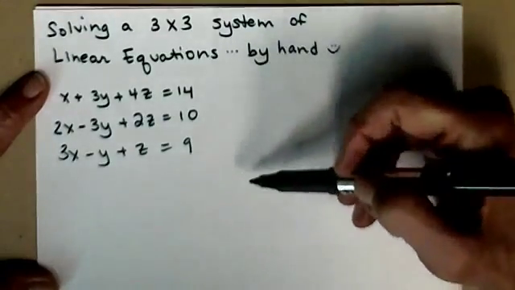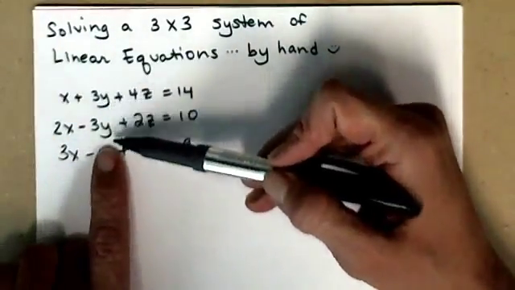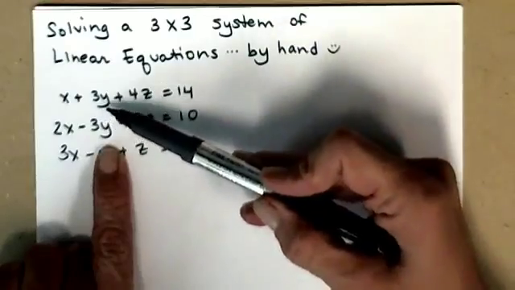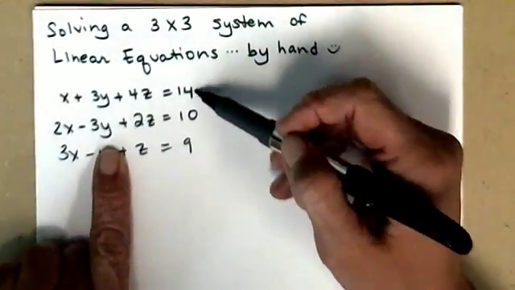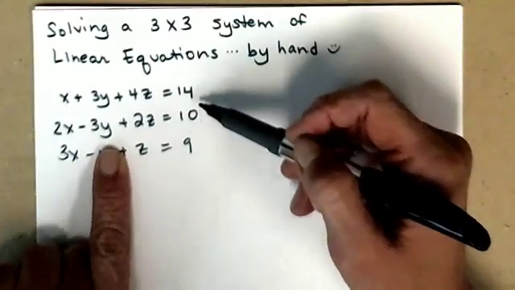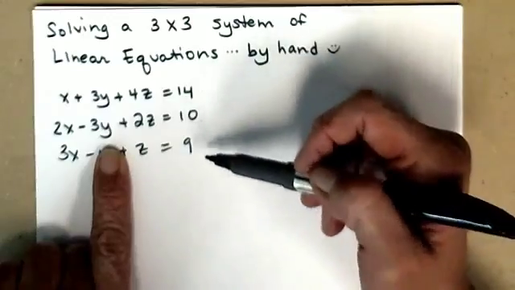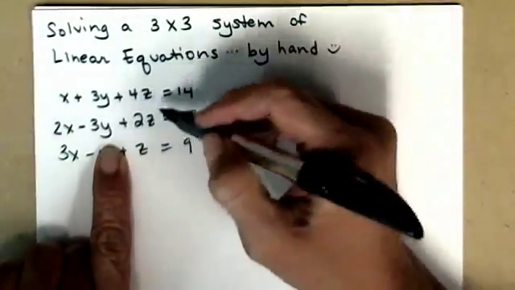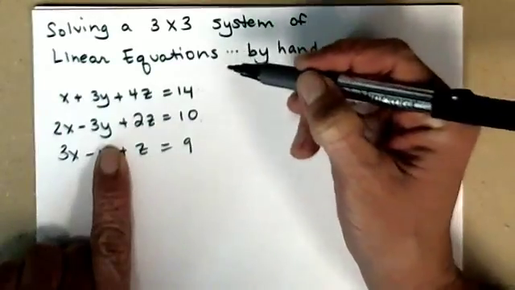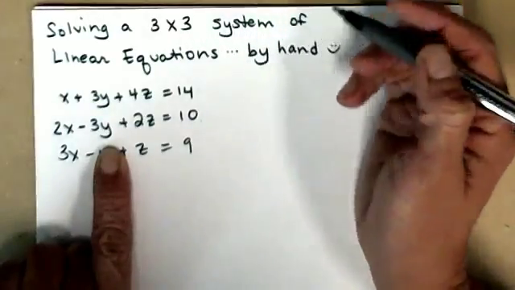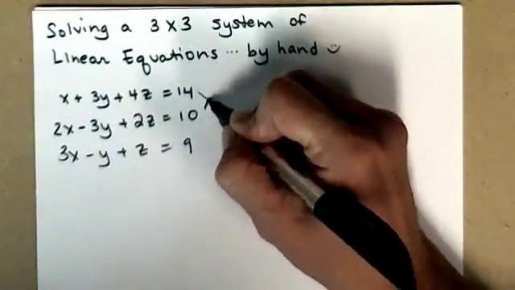So when I first saw this system, what I noticed is the y's, right? So the first equation and the second equation have a plus 3y and a minus 3y. So I see that if I add these 2 equations together, I'll get an equation that only has x and z in it. That's great, because now I have an equation that has just 2 variables, and those we've already learned how to solve. So let's go ahead and add these 2 together to get